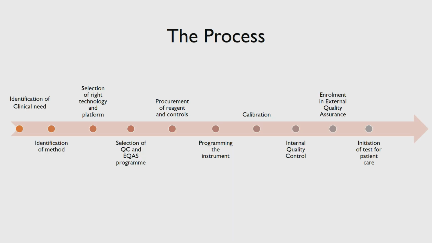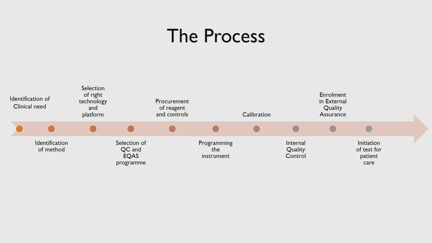So to describe the process of launching a TDM for a drug, it starts with the identification of clinical need or the demand from our clinical colleagues. So once we realize that there is a requirement for a TDM for a drug, we then move on to identify the method. And if we have the right method, we move to see whether we have the right platform and the technology. So if we have the right platform and technology for estimating a drug, then we will see